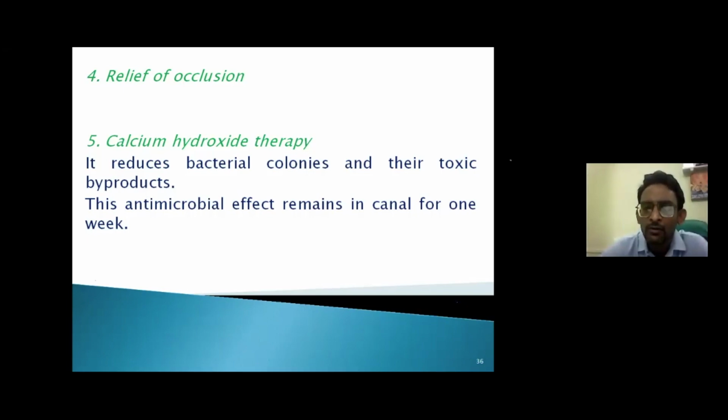in the form of swelling or pain, if we do not deocclude, the tooth will directly come into contact whenever the patient masticates. So there will be a constant pressure, and due to this pressure, there will be an increase in intrapulpal pressure, and already there is an infection present. So all these factors will cause severe pain and swelling to the patient. So we have to deocclude it so that the tooth is free from any masticatory pressure.